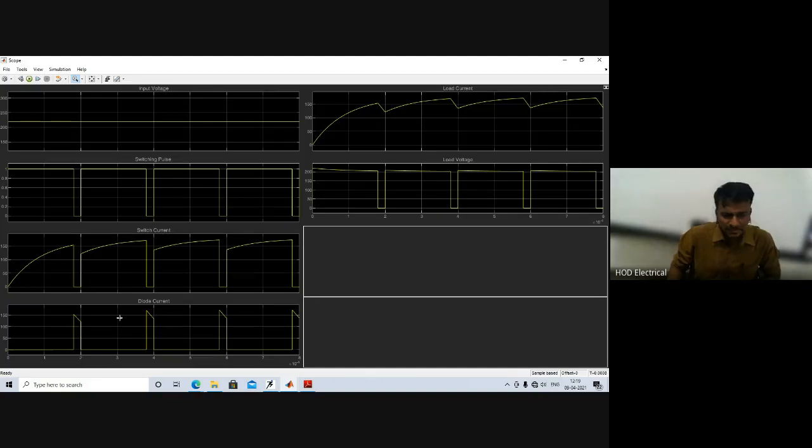Then similarly, the diode current. Whenever the discharging takes place, the energy stored in the inductor will dissipate. At that time the diode current will be very low, since the on time will be more. So automatically the load current will increase, and again it will be reduced immediately before discharging fully. Before the energy stored in the inductor is fully dissipated, it will be charged and discharged again, and the load current will